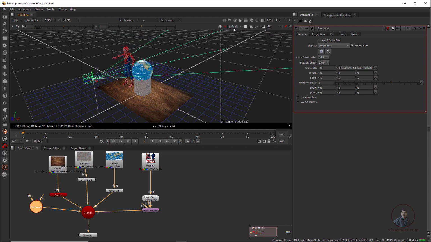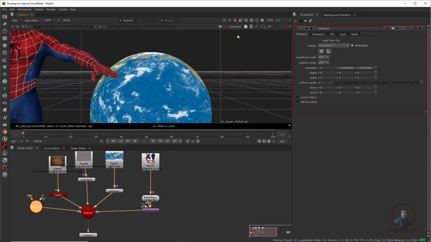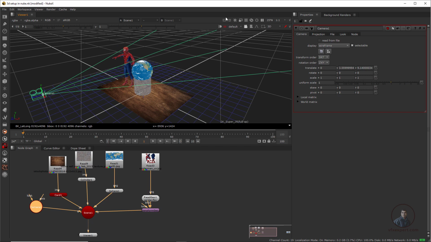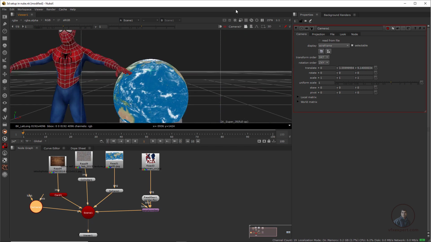After this, on the right side you will get this default. Default means this is our perspective view, or default camera. But here I have created this Camera1, so we have to select this Camera1. Simply select it from here. Now you can see we are looking through Camera1, and this is our camera view. Again we have to adjust our camera, so we can switch to default and adjust the camera, then again check through Camera1. So this is our view here.